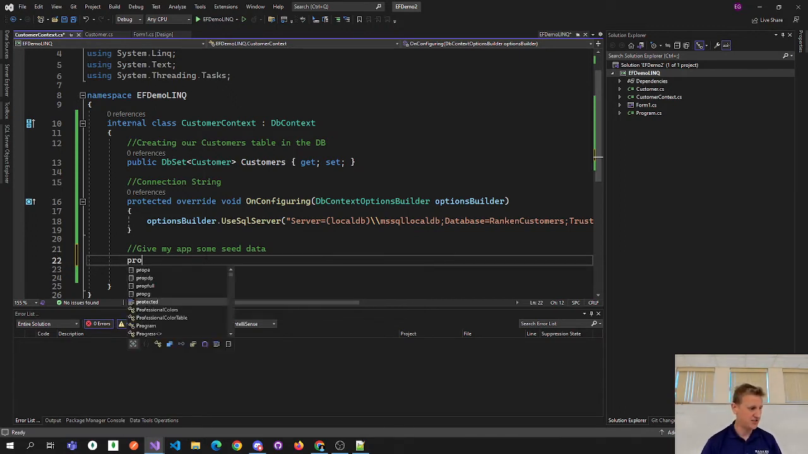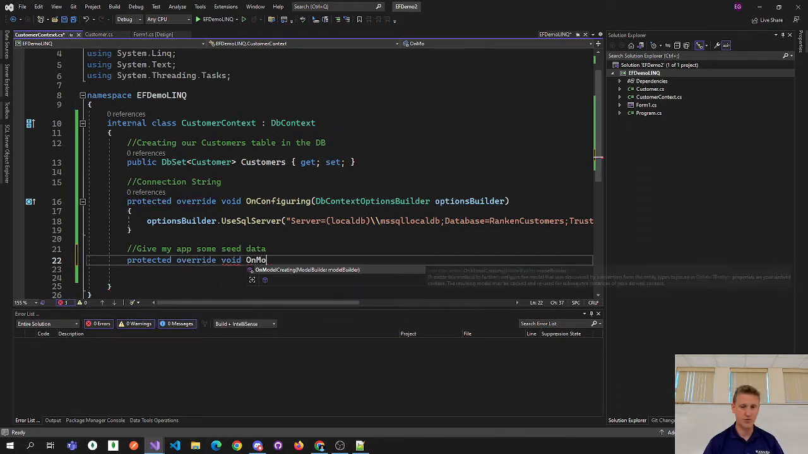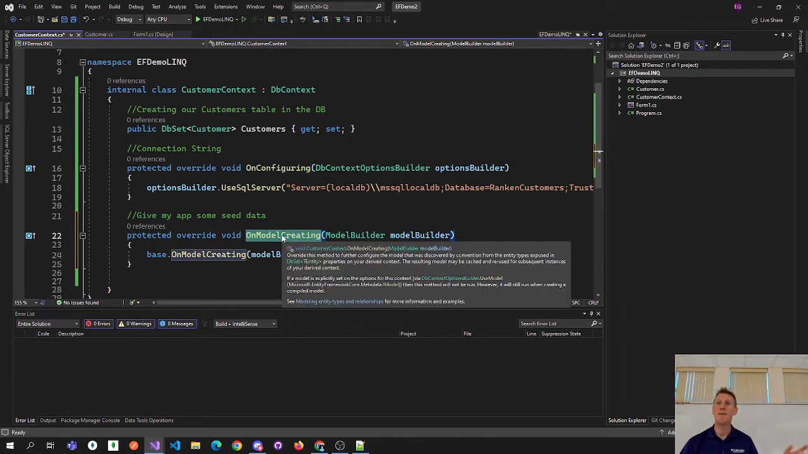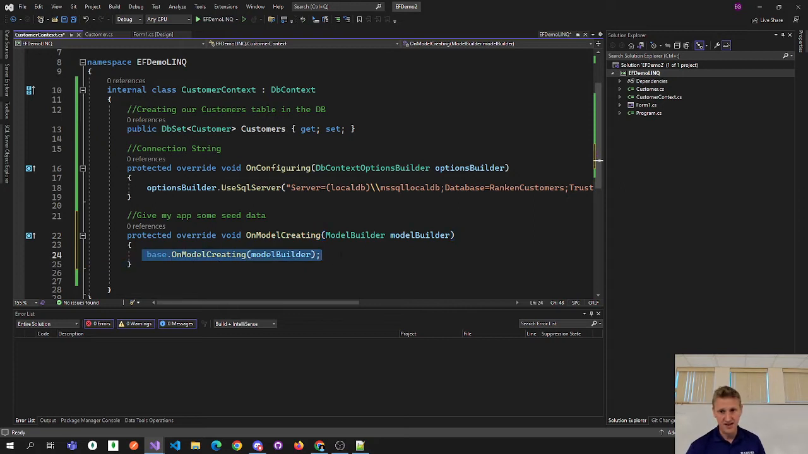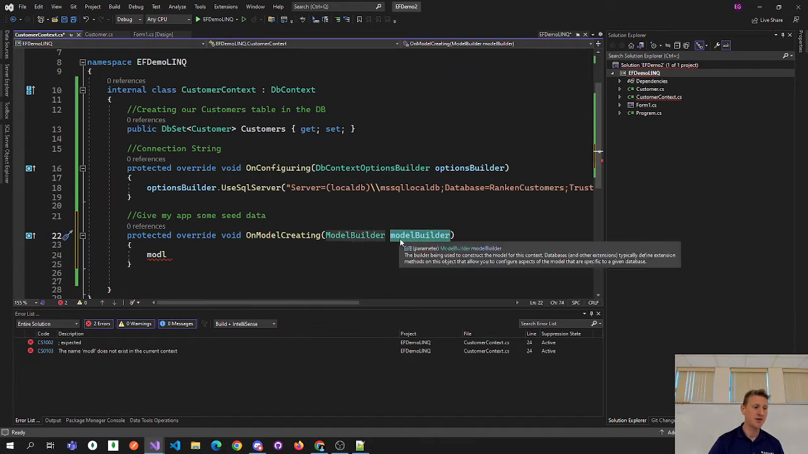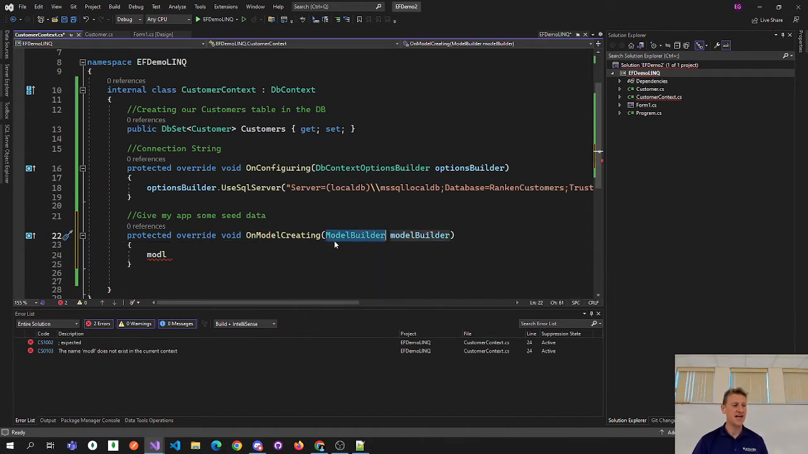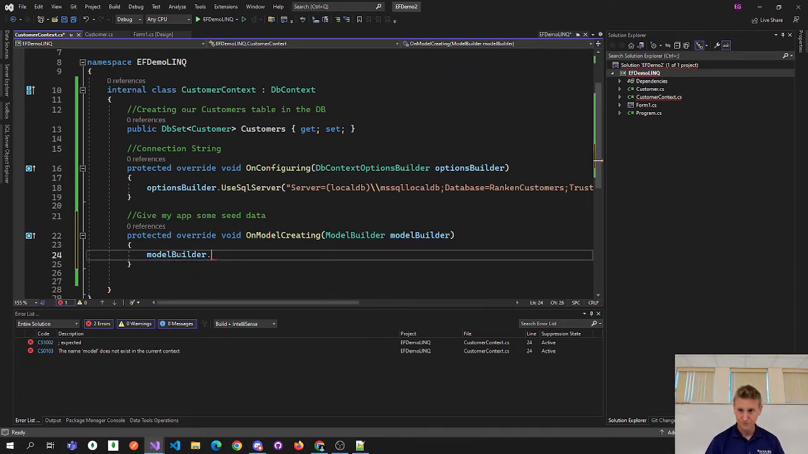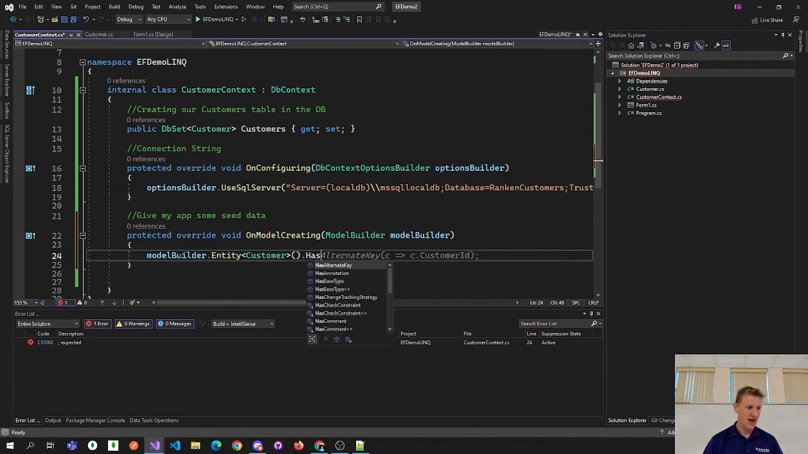So my seed data is done like this: protected override void OnModelCreating(ModelBuilder modelBuilder). Okay, so there's really two methods that we're working with. OnConfiguring is our connection string. OnModelCreating is our seed data. And this is going to look like this. We're going to say modelBuilder. That's our parameter, right? modelBuilder is our identifier of type ModelBuilder. So we'll say modelBuilder.Entity<Customer>().HasData